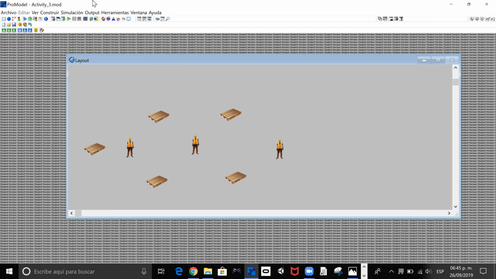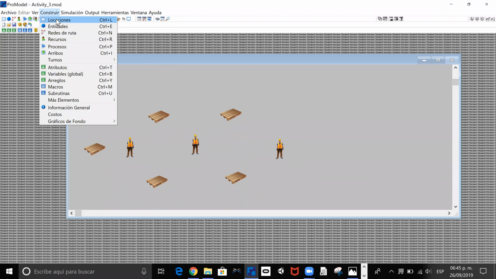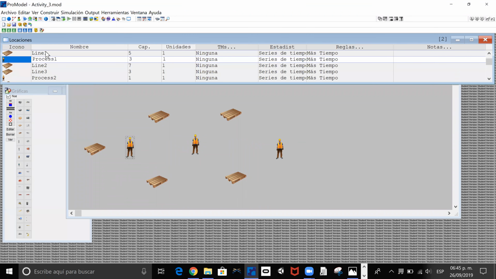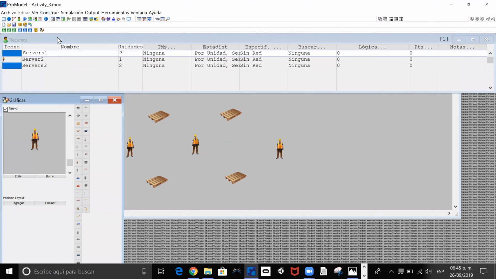Okay, and we are going to see how the process works. And for that, we are going to the building menu. We're going to choose locations. Not locations, excuse me. I was talking about resources. So we're choosing resources, and we are choosing these, the downtimes, and we are programming